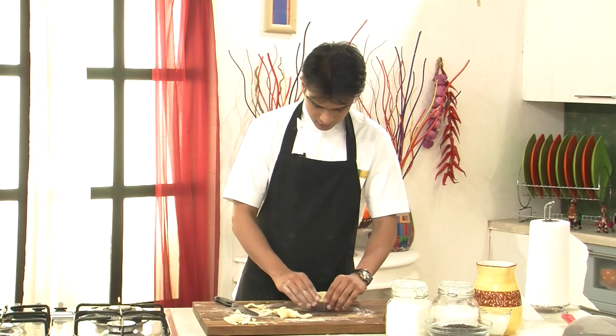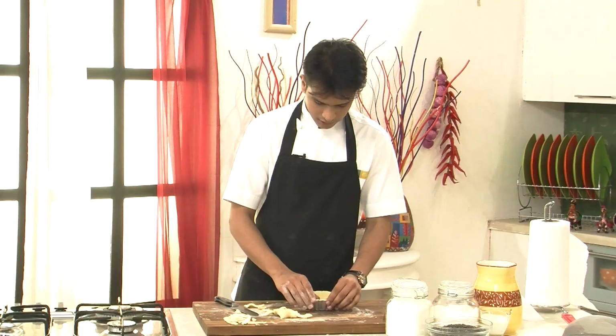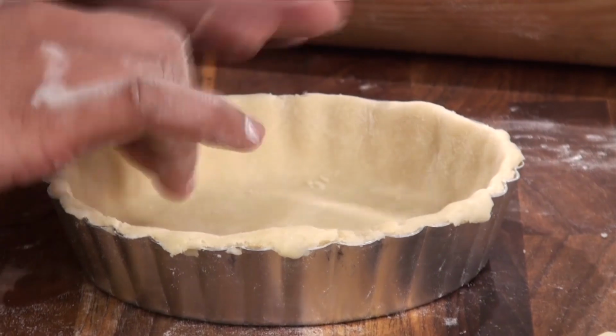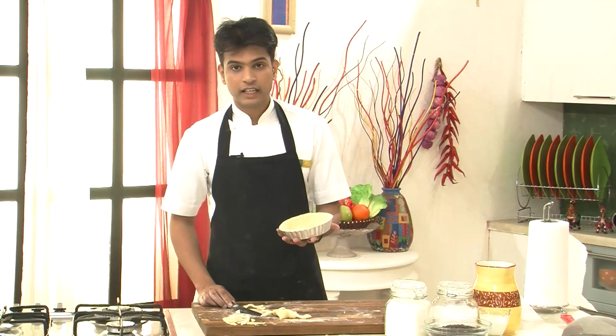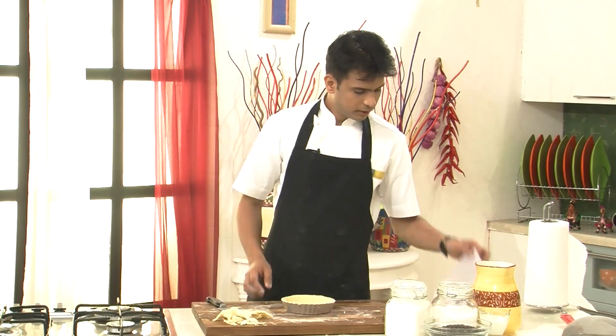And you see the thickness, it doesn't have to be too thick or too thin. A nice crispy flaky layer of short crust which can hold the mixture inside. So now after lining the tart mold, I'm going to place a butter paper on top